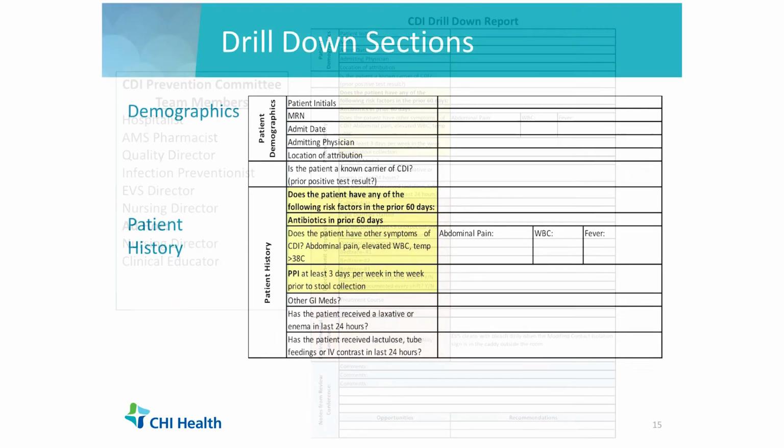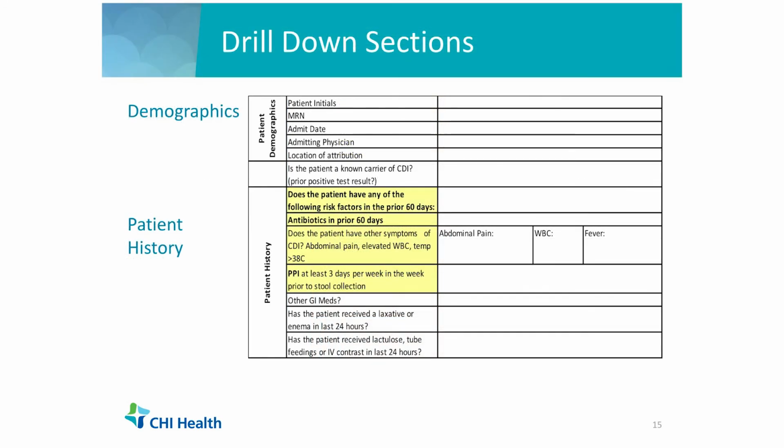So this is the last part of the drill down sheet that we're using, or the first part of it, in a little bit closer detail so you can see it a little bit easier. The top is the same as the other. It has the patient's demographic, and then the information about the antibiotics. And then we look a little bit more intensively at patient symptomology now. If they're having abdominal pain, elevated white count, fever, and then of course the PPI use. Other GI meds, so we're also looking to see what other GI meds are on besides laxatives, to see if they're on stool softeners, if they're on anything else.